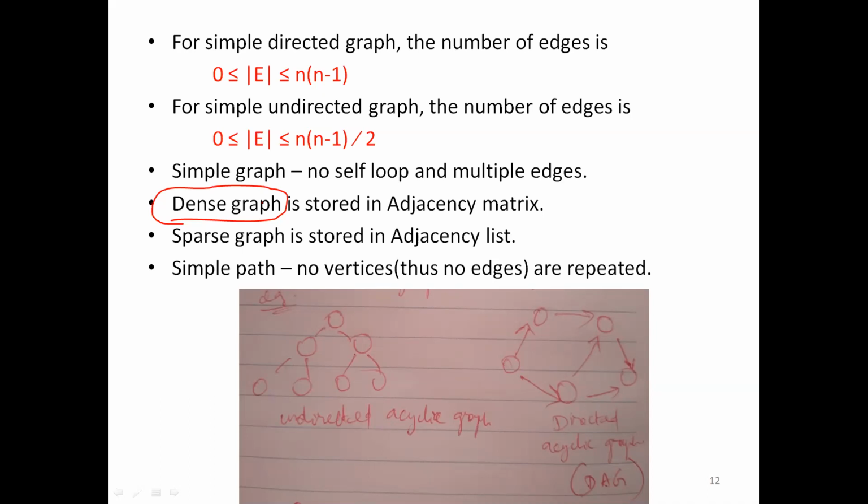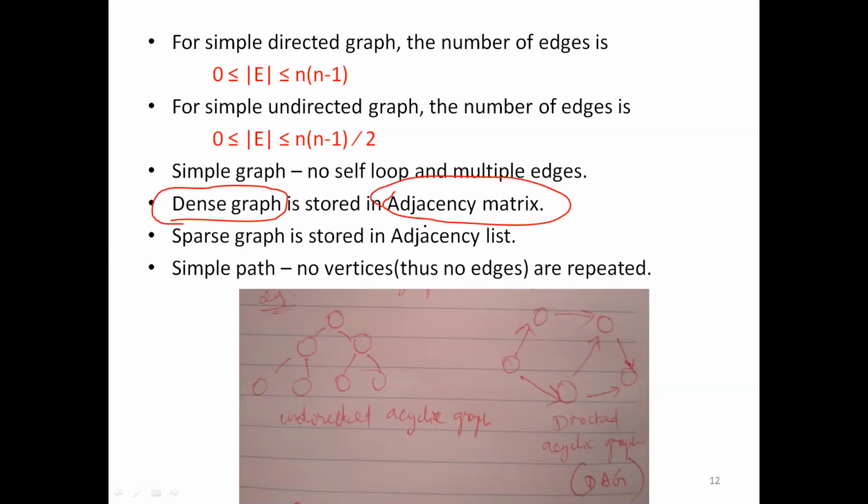Vice versa, a sparse graph: if there are not so many edges and it has a moderate number of edges, you can consider it like a weakly connected graph. I can call that kind of graph a sparse graph. Then coming to the next point, how will I represent this dense graph? I can use an adjacency matrix. That is the next topic that we'll see elaborately.